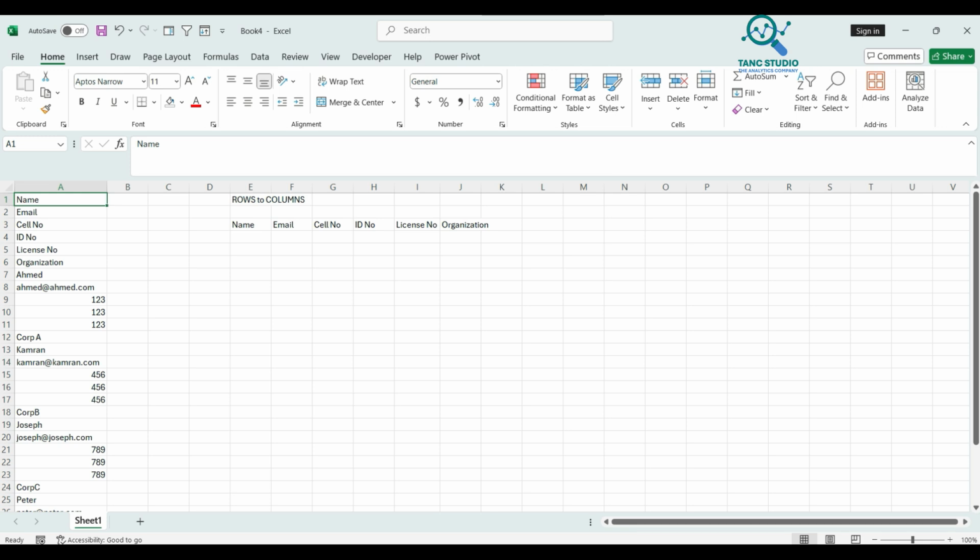Today the scenario we are facing is rows to columns. The problem is I imported this data from some source, and it combined together in one single column. I was expecting it to be in a tabular format like this, but unfortunately it just came out to me in one single column. But the good thing is that this data is properly organized in the set of 6